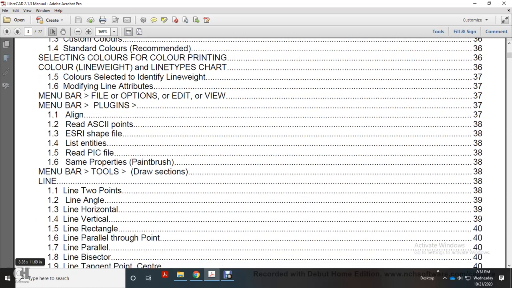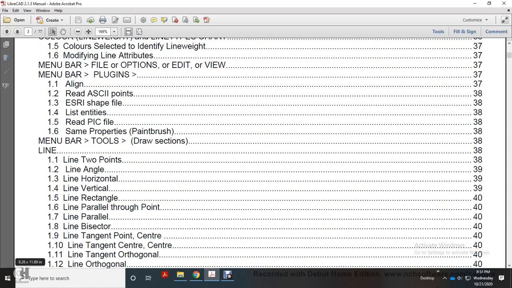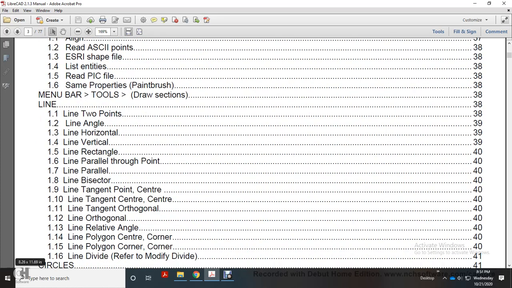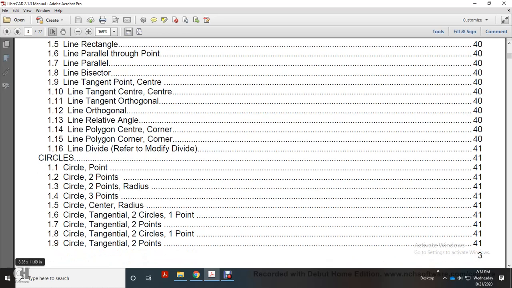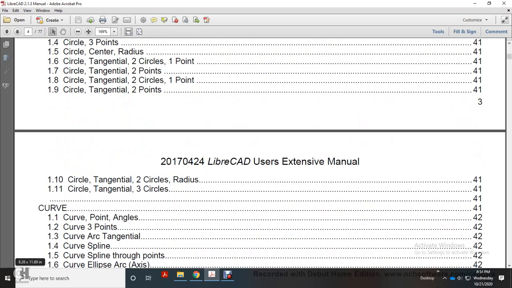line horizontal, line vertical, line rectangular, line parallel through the point, line parallel, line bisector, line tangent, point, center, line tangent, center, line tangent, orthogonal, line orthogonal, line relative angle, line polygon, center corner, line polygon, corner, line divided, refer to modified, circle point, circle 2 point, circle 2 point radius, circle 3 point, circle radius, circle tangent 2 circles 1 point, circle tangent 2 circle points, circle tangent 2 circles 1 point, 2 circle tangent 2 points, circle tangent 2 circles radius, circle tangent 3 circles, curve point angle, curve point